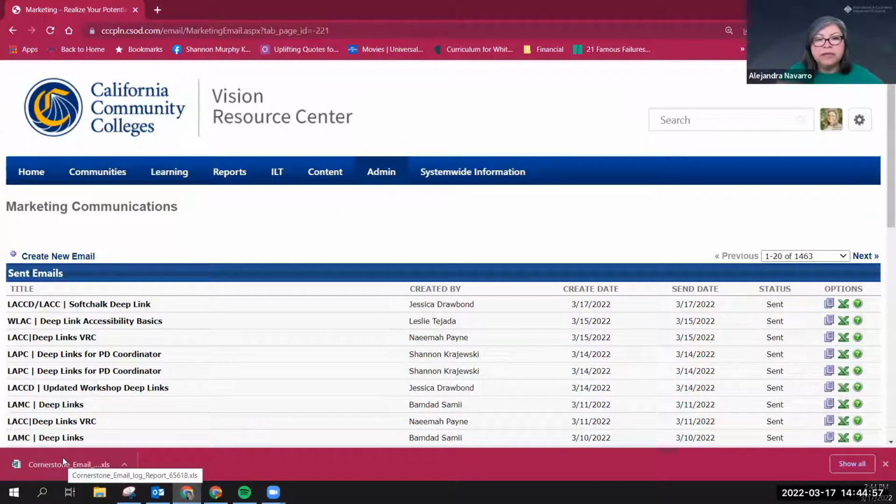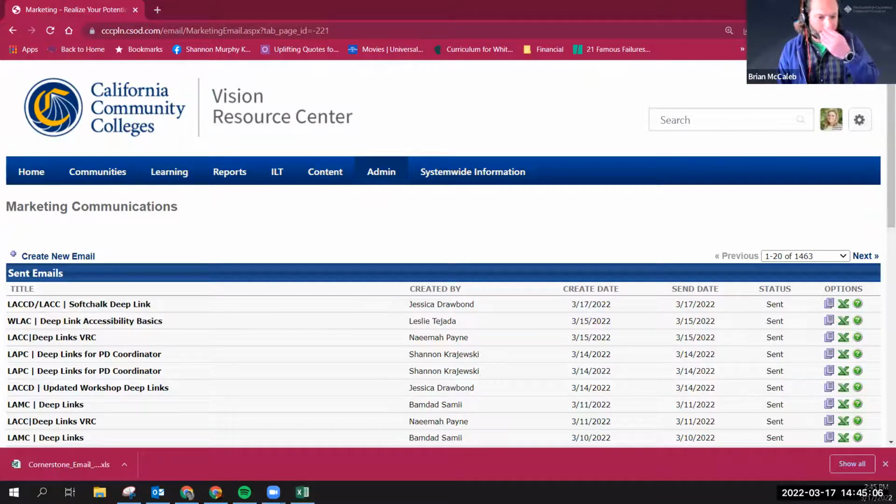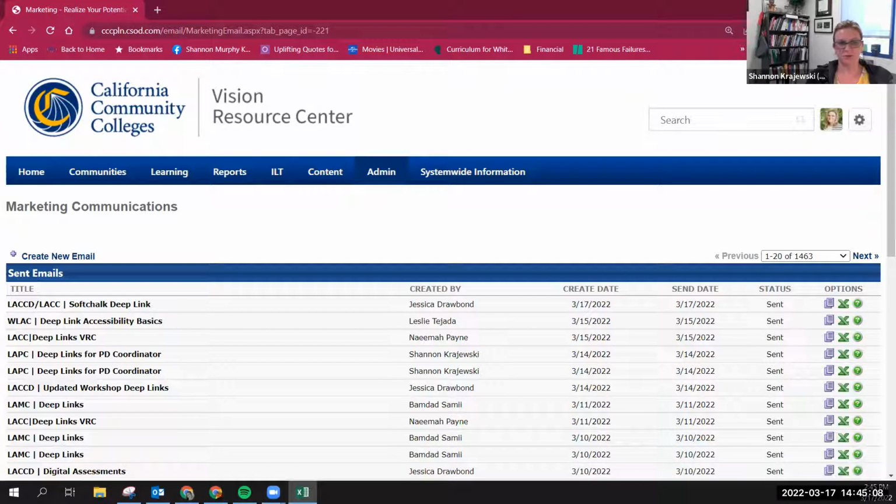Do you set it though, like for a future date? I sometimes do. Mine, I always set it out for like a week out, and I always set it just to myself. Yeah, you can totally do that. Totally. Just because I've accidentally sent stuff to the whole district before and it's like the